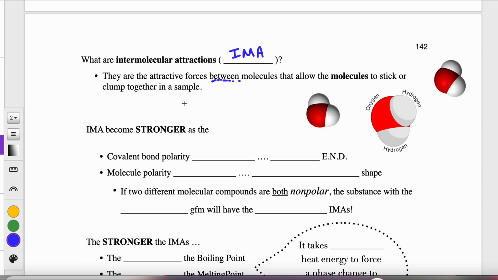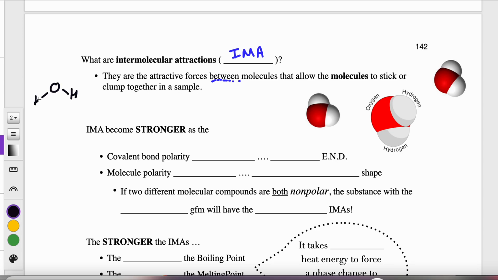When you have a glass of water, that's not one water molecule, but trillions and trillions of water molecules. And because of their IMAs, or stickiness, they clump together to create that sample. So let's take a quick look here. If we draw a water molecule, which you have known how to draw for a long time,